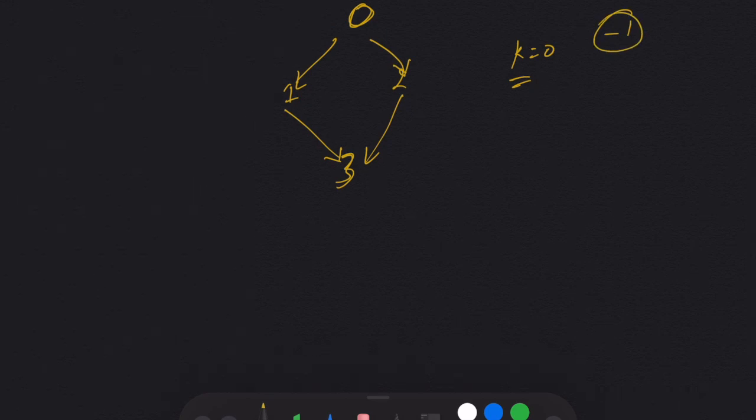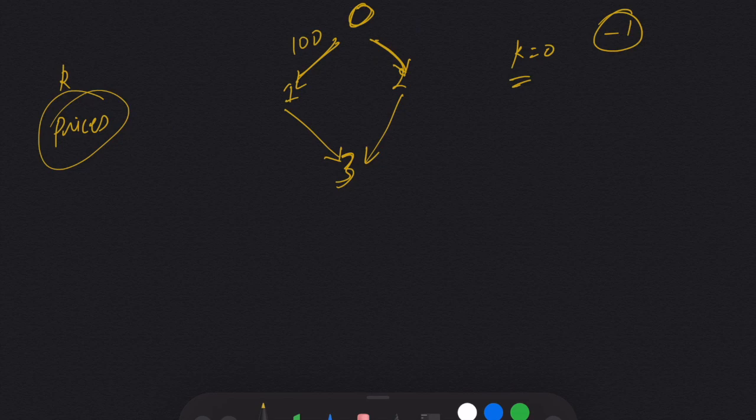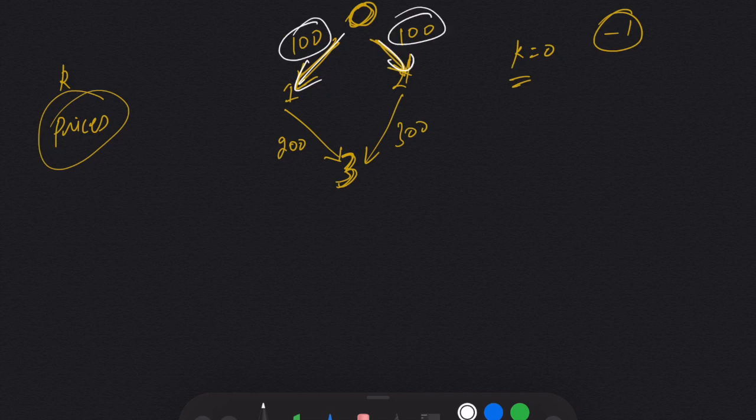We need to take care of two things, and those two things are our k, number of stops, and price. And we need to compare the prices with my neighbors. That means from 0, let's say I had this case here, as I need to reach 3. So starting from 0, I will compare whether I will choose this path or this path, whether I will go from 0 to 1 or I will go from 0 to 2. So I am comparing the prices of my neighbors, and neighbors of 0 are 1 and 2.